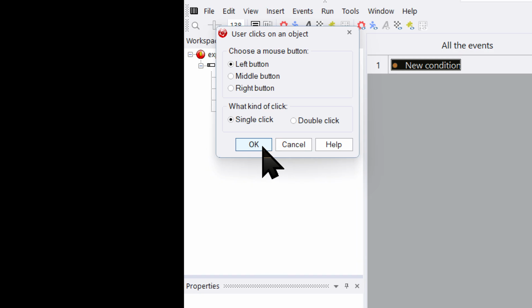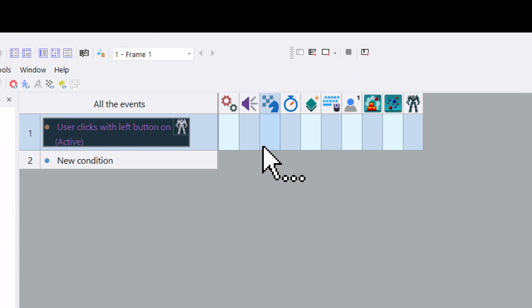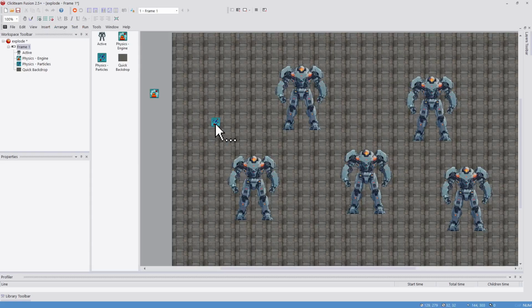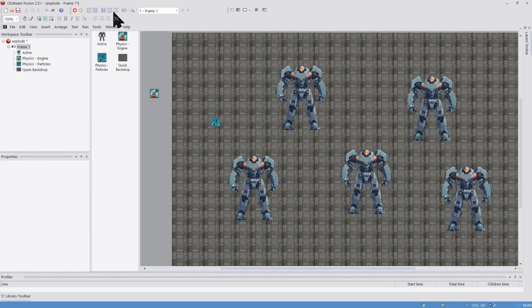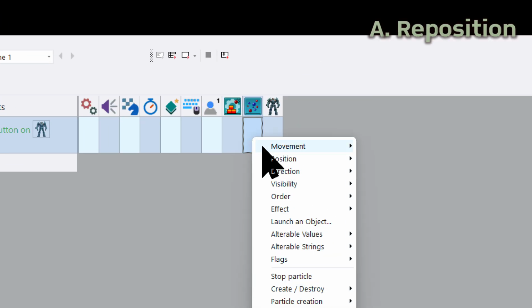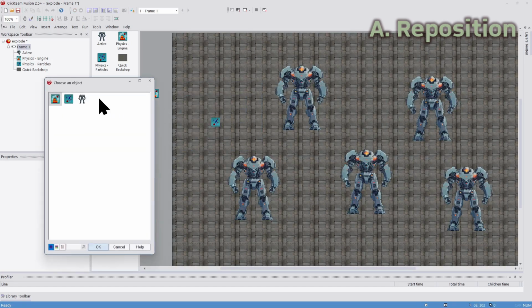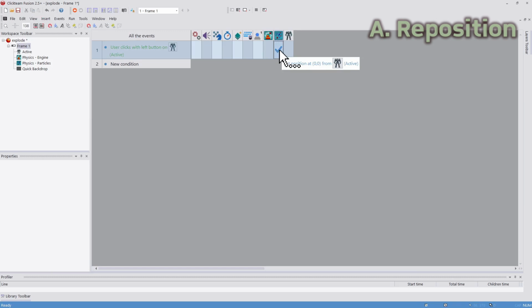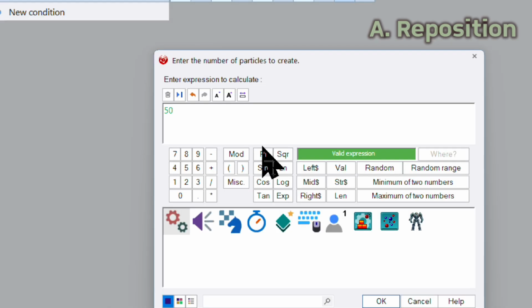So in the event editor, new condition, the mouse, user clicks on an object. Then I have two choices about how I'm going to have the particles. Am I just going to have one particles object on screen that I reposition to each explosion? Or am I going to create a new one? I'll show you the simple way with positioning first. So I'm going to right click under my particles, position, select position, and relative to, and choose my object. Then I'll right click under the particles, then create destroy, create particles, and choose the number of particles I want